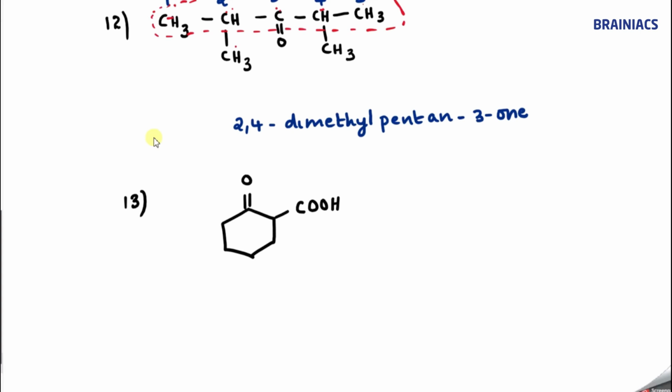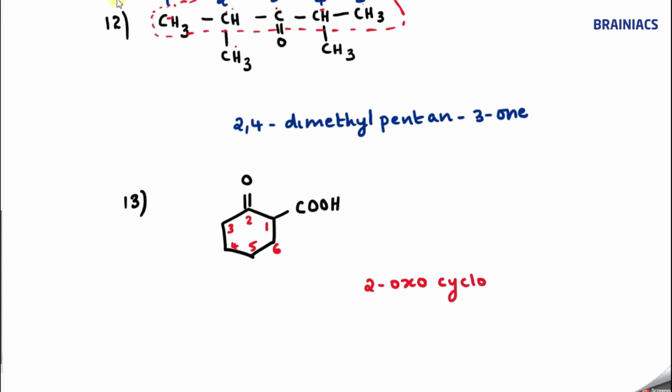So here COOH has the higher priority, so that will behave like the substituent. And carbonyl group, you know that, then it will behave like a substituent. So here 1, then 2, then this is 3, this is 4, this is 5, and this is 6. So how will you name this? So I can say that at second position you have carbonyl group. So how you can name that? I can say 2 hyphen oxo, correct? I have given 2 degree prefix. Now 1 degree prefix is applicable because the parent is a cyclo compound. So I can say 2 oxo cyclo, correct?